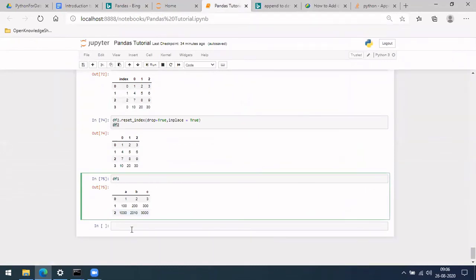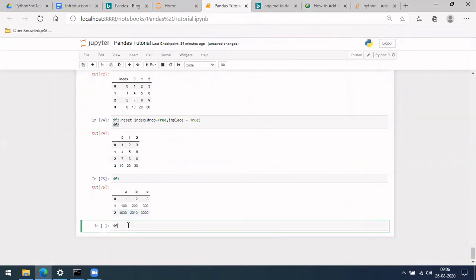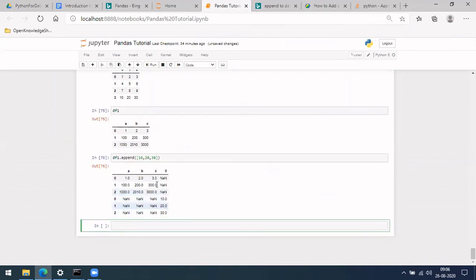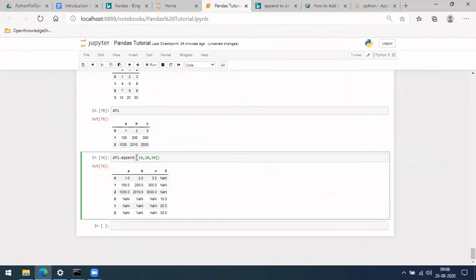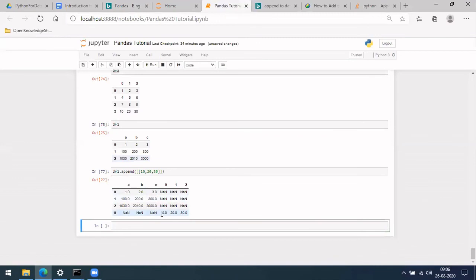So df1 is here like this, which has column names. Let me use append and inside append 10, 20, 30. So this has created this column. It is one more list like this, which actually made it one row but created new columns here.